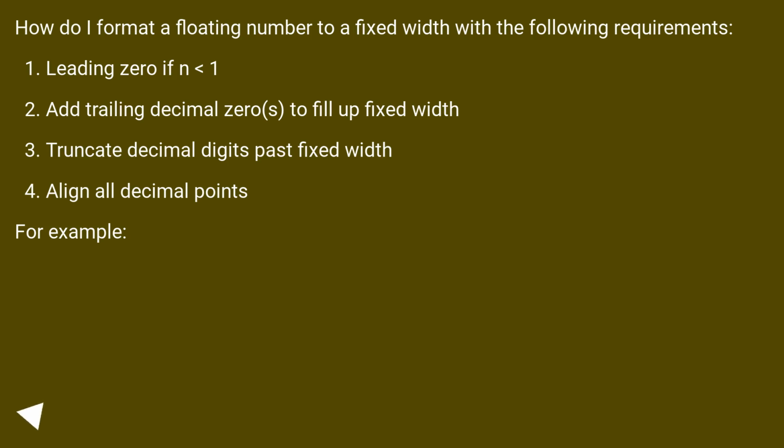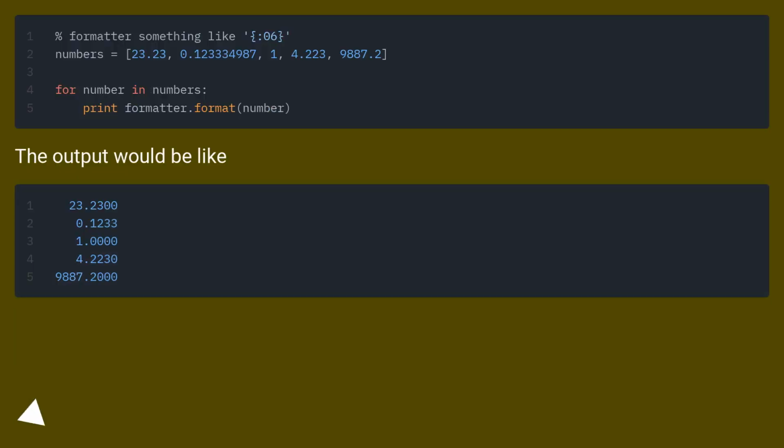How do I format a floating number to a fixed width with the following requirements? Leading 0 if n < 1. Add trailing decimal zeros to fill up fixed width. Truncate decimal digits past fixed width. Align all decimal points. For example, the output would be like